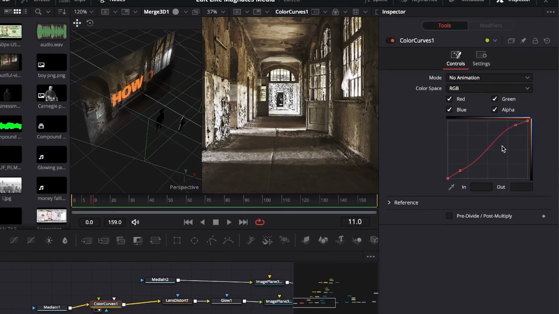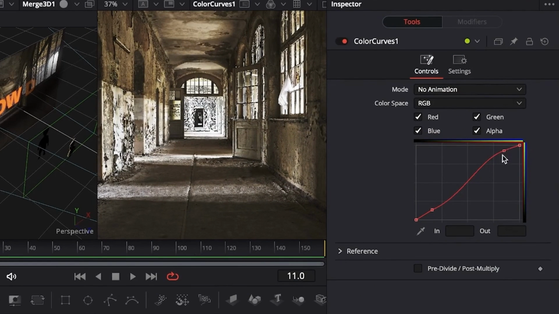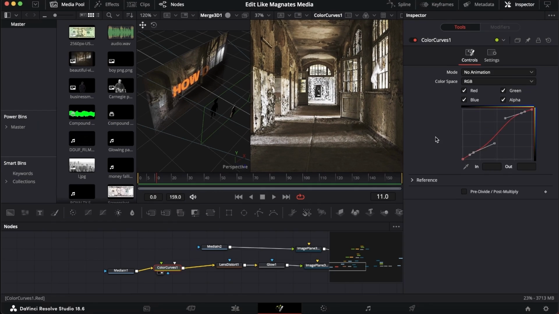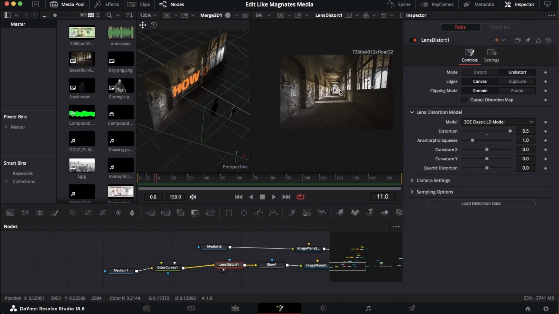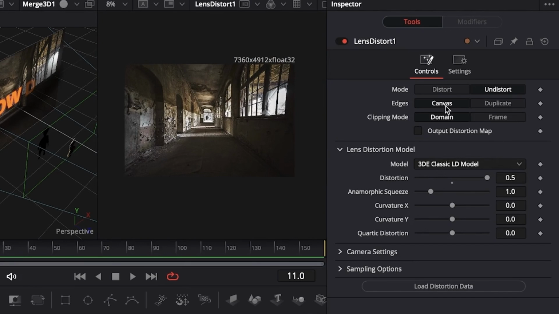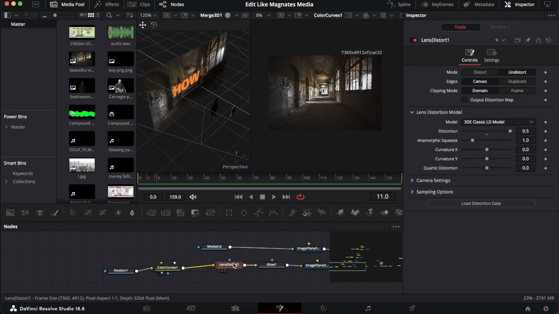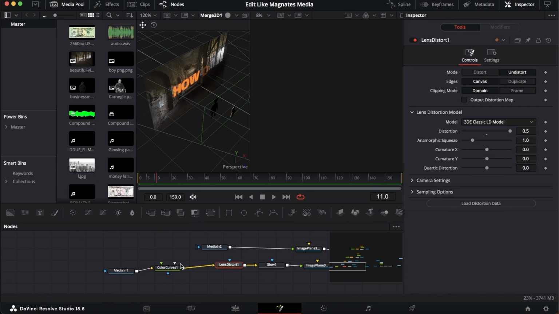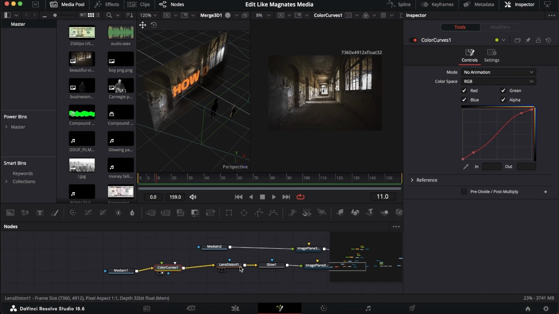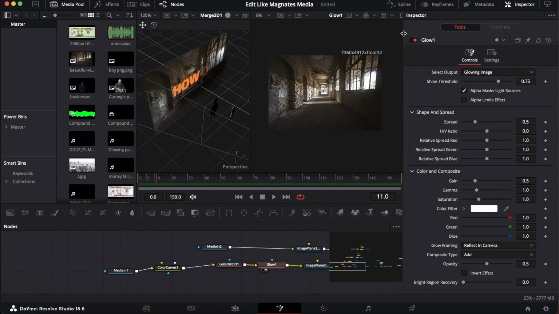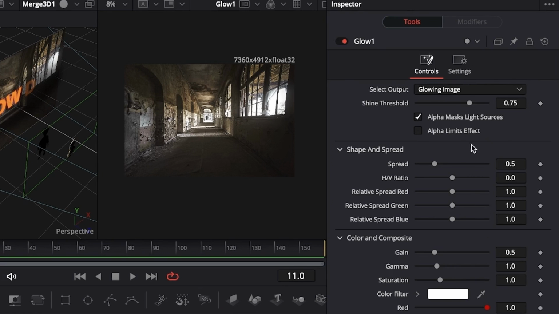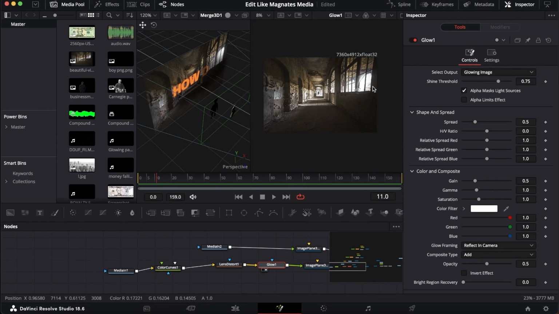If I pull up the inspector tab, these color curves, I just added these 2 points and then highlighted them and pressed S to smooth it out. After that, I've added lens distort. So you can just copy my settings on here. And you can see if I go before the lens distort and then after I added it, it just gives it a bit of a different look. And then I added a glow, and you can copy my settings. I'm pretty sure it's the default, I'm not really sure, but this just highlights the light coming in through the